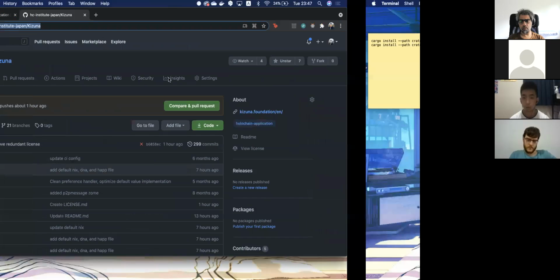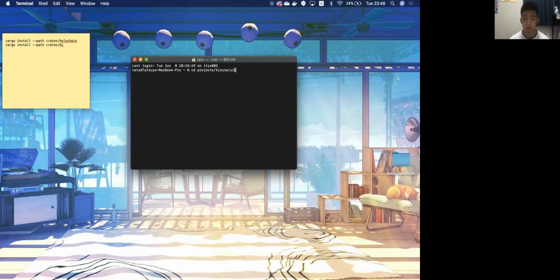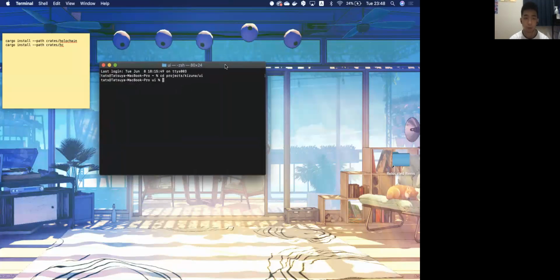Right now I already have the repository on my local computer. By the way, we have a default Nix file in the top level of the directory, but I am on Mac, so I have Holochain installed locally. That's just a side note.